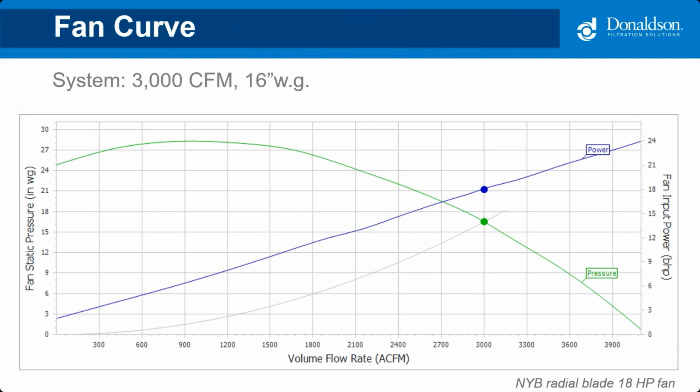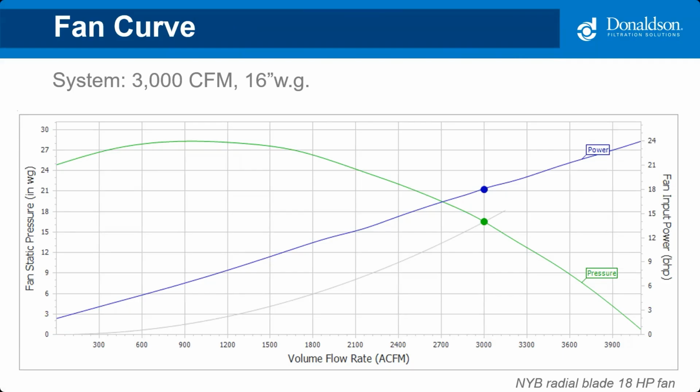Fans are sized using fan curves, which is basically a graphical representation of a fan's performance. The fan manufacturers perform actual tests to find out the static pressure value for the fan for different airflow rates to plot this fan curve. Well, let's say I needed to select and size a fan for that 16-inch water gauge example that can handle